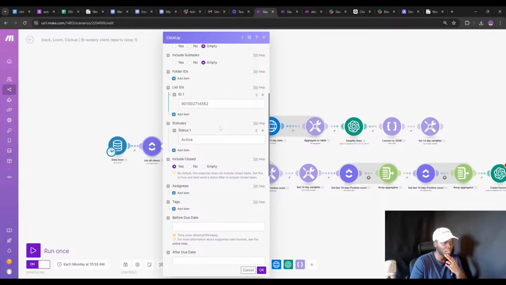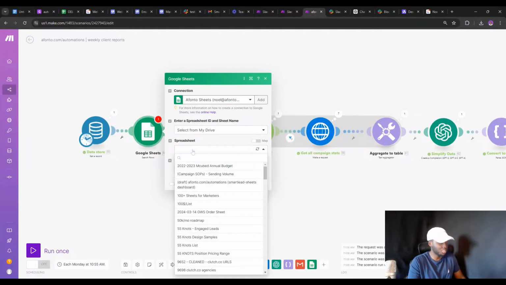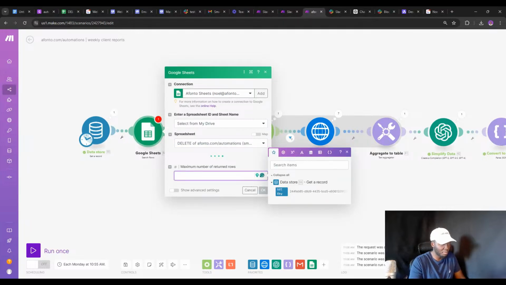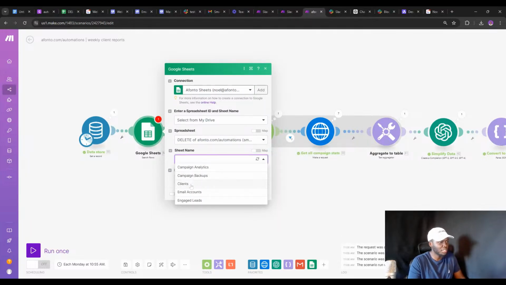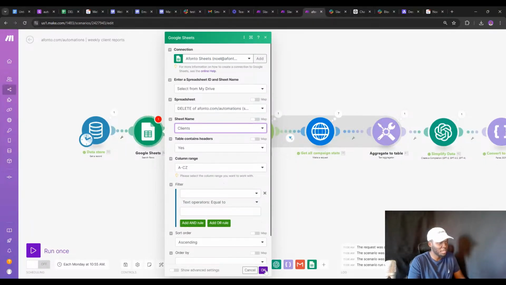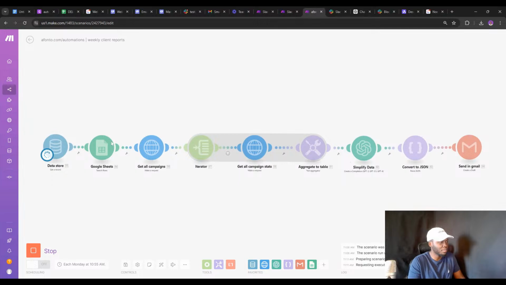It's just list all clients, but it's coming from ClickUp. And so sheets, we're going to search for that one that we just created. So delete, and then maximum number of rows. The sheet name is going to be clients, and that's about it. Honestly, I don't think we need anything else. So we grab this over here, the sheets,